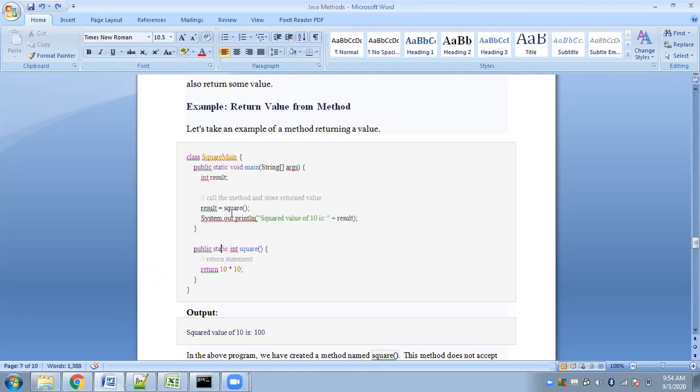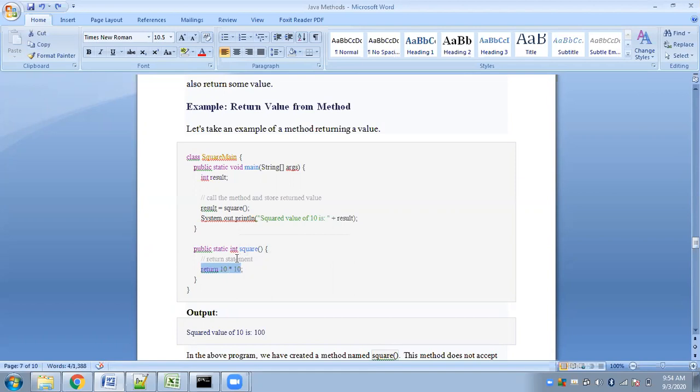Now coming back to this is the result. Okay, so this is the function calling statement. So here what have I written? Look at the right side expression, so this is a function call to this user defined function. Okay, so this is public static int square. Int because we will be returning an integer value. Fine. And what are we doing here? We are returning 10 into 10, so it will return 100.